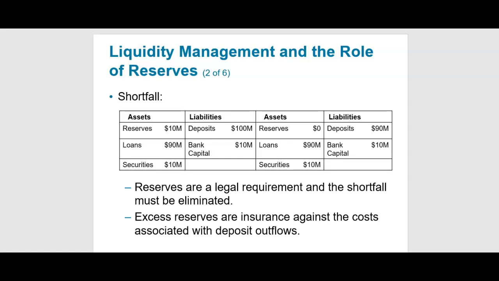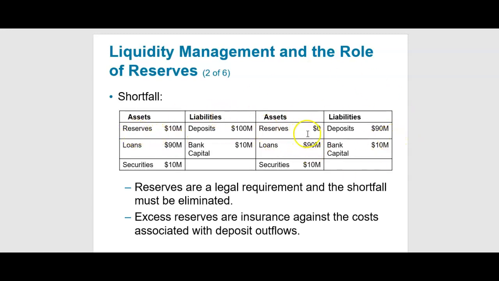So for example, if I take my 110 million, as you can see in here, and I don't keep any excess reserve whatsoever. So I put 10 million in the reserve. That's the requirement. I have $90 million in loans, $10 million in securities. And here we go. I have someone requesting $10 million, and I deplete 10 million from my deposit. To pay these people the 10 million that they requested, I have to take it from my reserve. Where else am I going to get it from? The reserve is the cash that's satisfying the withdrawals that are happening right away. So I take the 10 million and I pay it out.